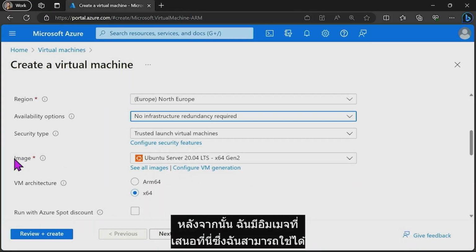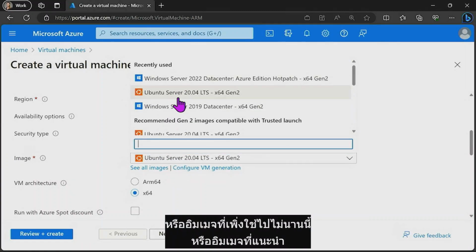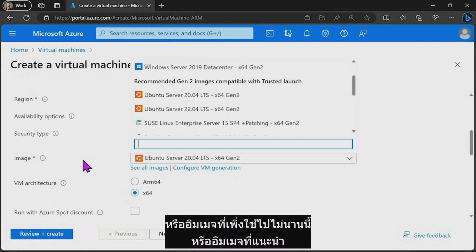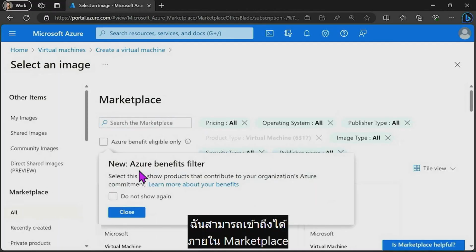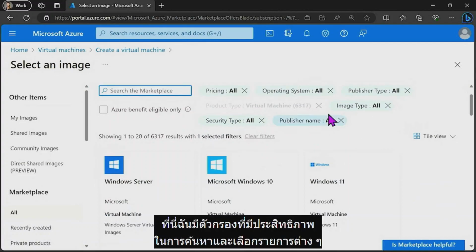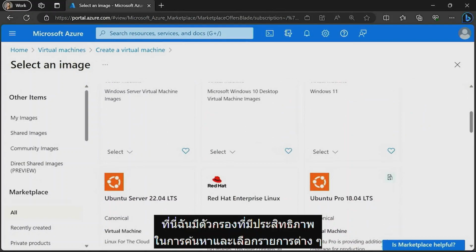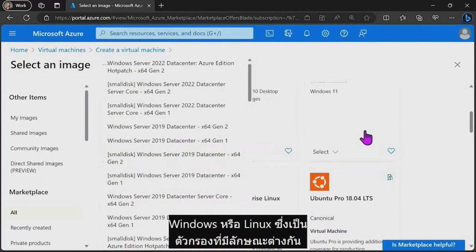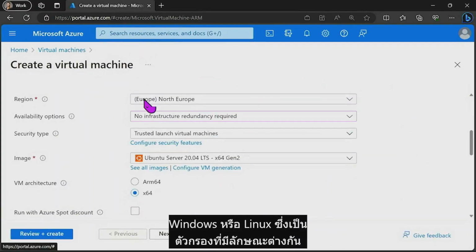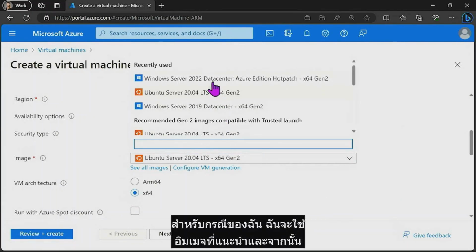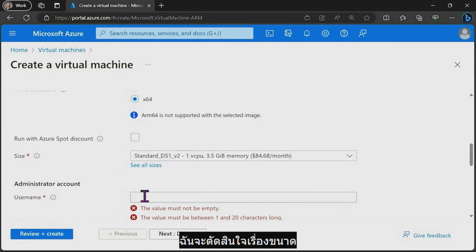After that, I have an image proposed here. I can use a recently used one, or a recommended one, or even see all images accessible to me inside of Marketplace. So here I have powerful filters to search and select different VMs, Windows or Linux, with different characteristics. For my case, I will just take a suggested one, and after that I will decide the size